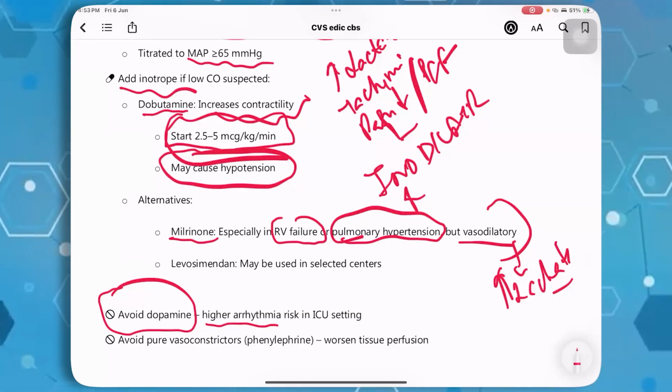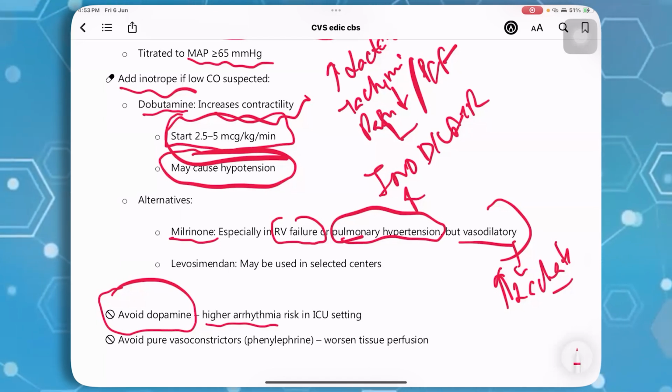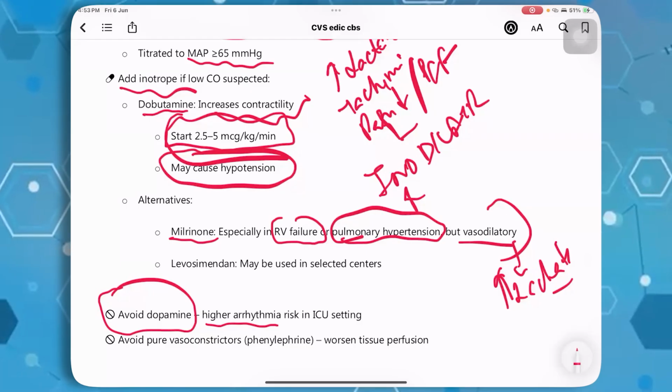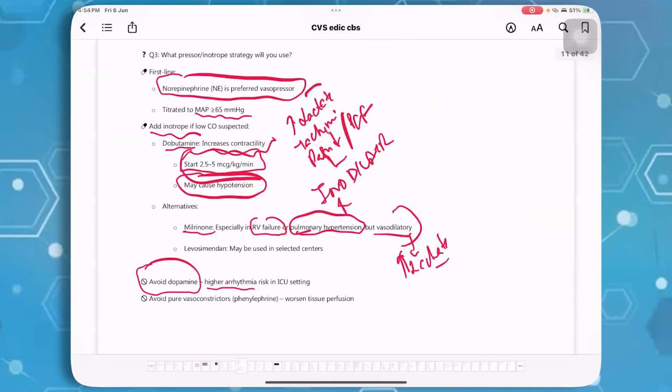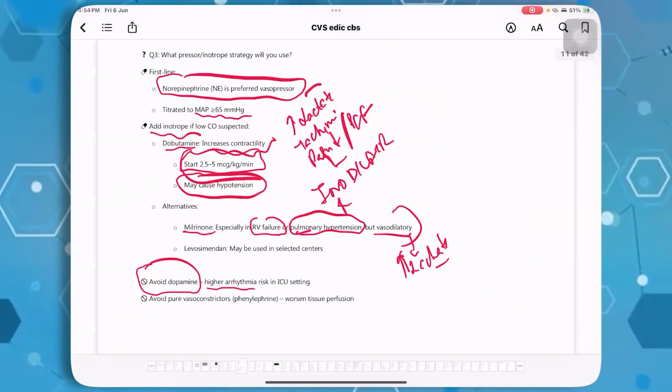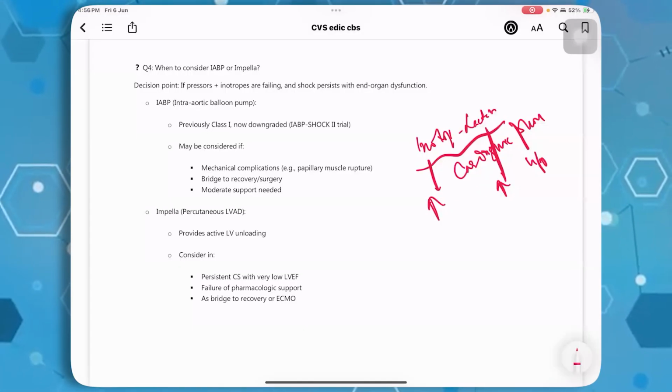So when do you consider IABP? See, as long as the inotropes are going on and the patient's lactate levels are stable, this is a patient of cardiogenic shock. But if the inotropes are increasing and lactates are increasing, then as long as the inotropes are working and the lactates are coming down, this is a patient of cardiogenic